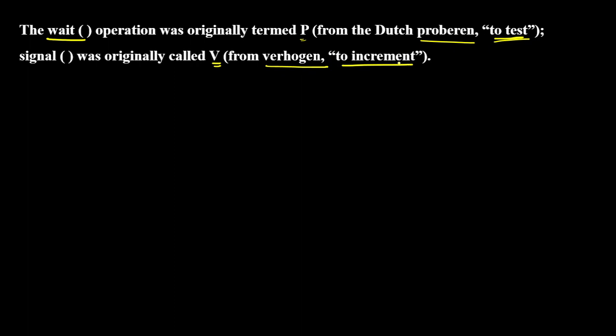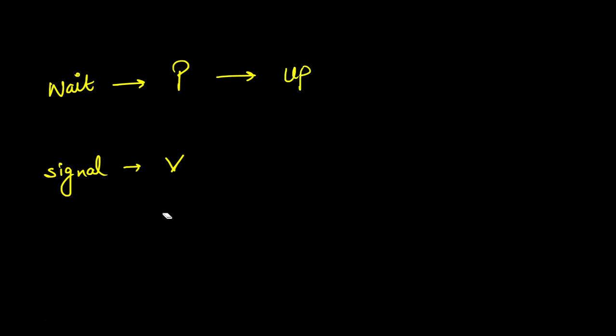Okay, so what we have to remember is that कि wait जो है it is denoted by capital P and signal is denoted by capital V, correct. और यहाँ पे जो इसको हम up भी denote कर सकते हैं, सॉरी इसको हम down denote करते हैं down से, that is your decrement, right. So this is your basically decrement and this is for your increment,